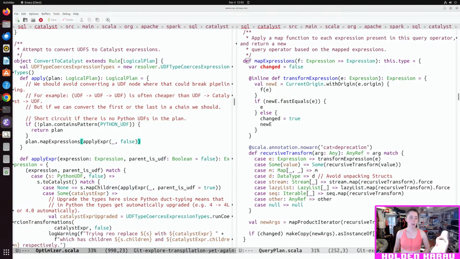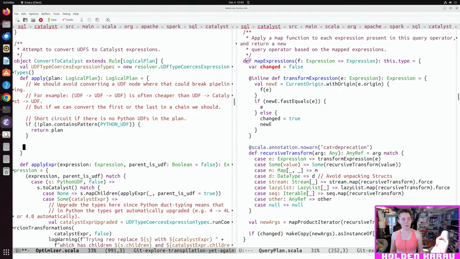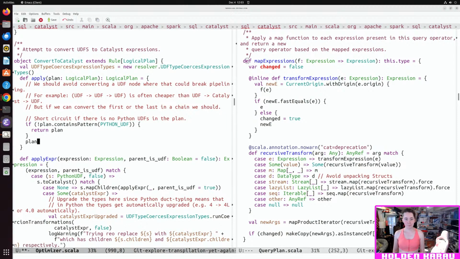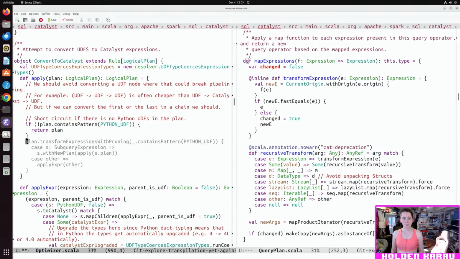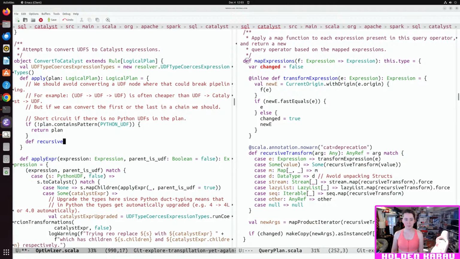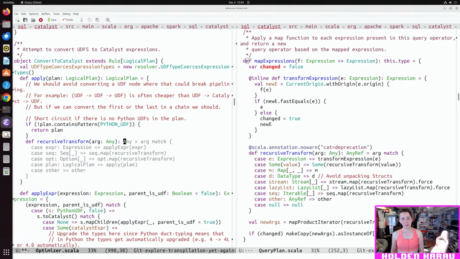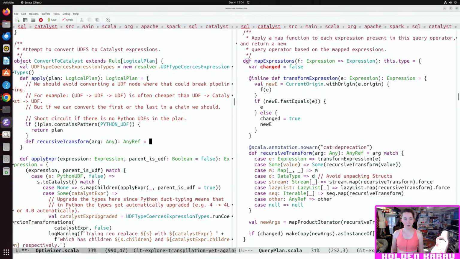So def recursive transform arg of any returns any ref arg match.